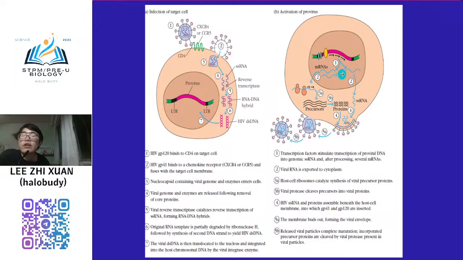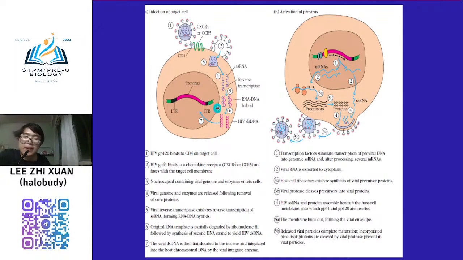Helper T cell cannot function anymore because your nucleus, your genetic content is totally different now. It already undergoes very serious mutation. So your helper T cell can no longer function. This helper T cell can only do one function: copy the HIV virus. Copy banyak, and then this HIV virus infects another helper T cell again. So at the end, if you do not control it, your helper T cell will die anyway.